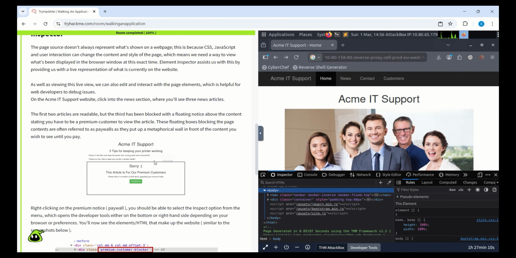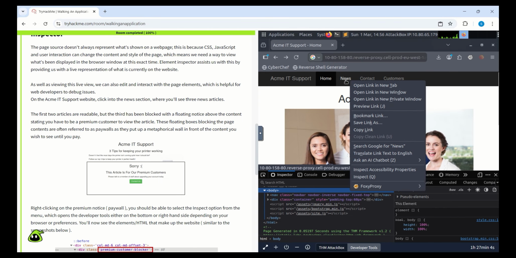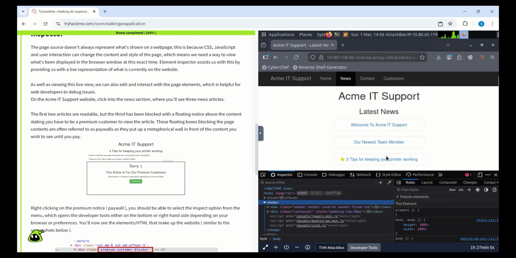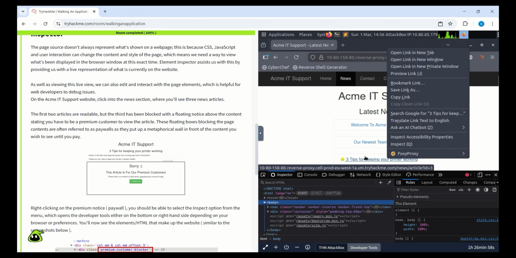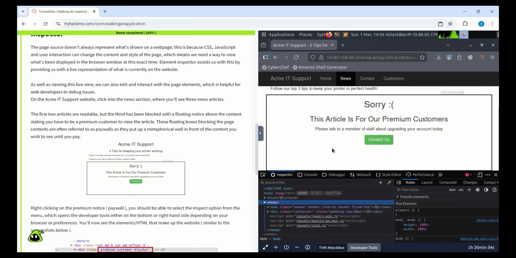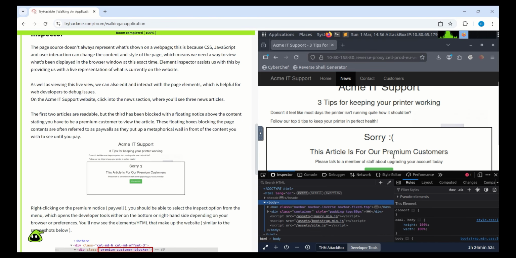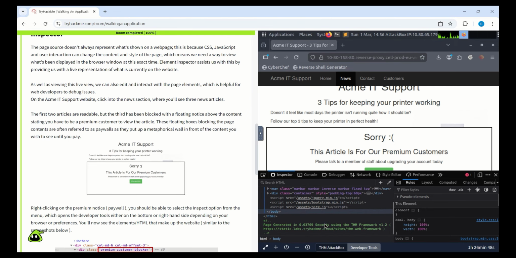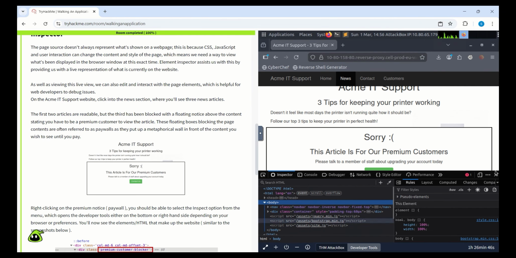So okay, we have the first two articles that are readable, but the third article has been blocked. So we'll go to the news website. Mm, 3 tips for keeping your printer. That is the third article. So we'll click on that. Okay, so we are not able to view that, and they have mentioned it is for the premier customer. Yeah, so now I think this is the initial page that we have. So we'll close this,